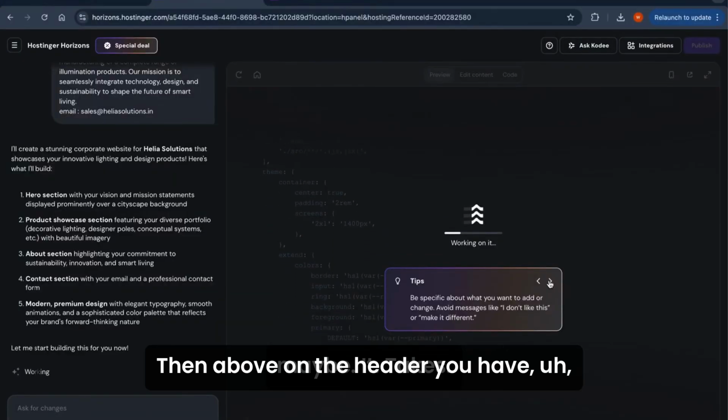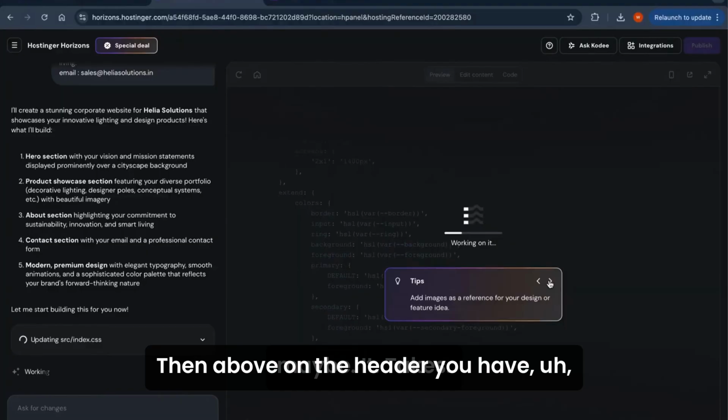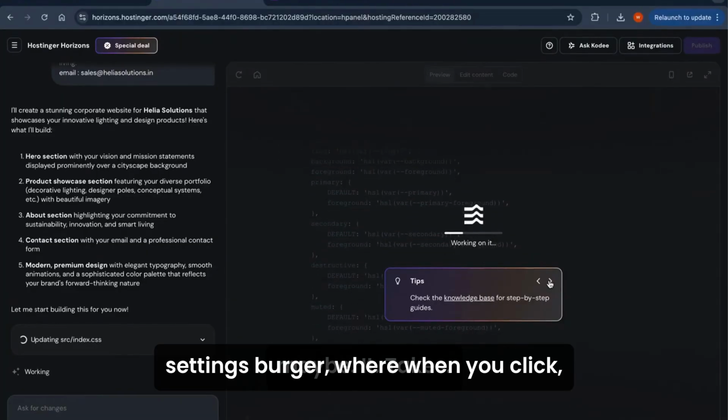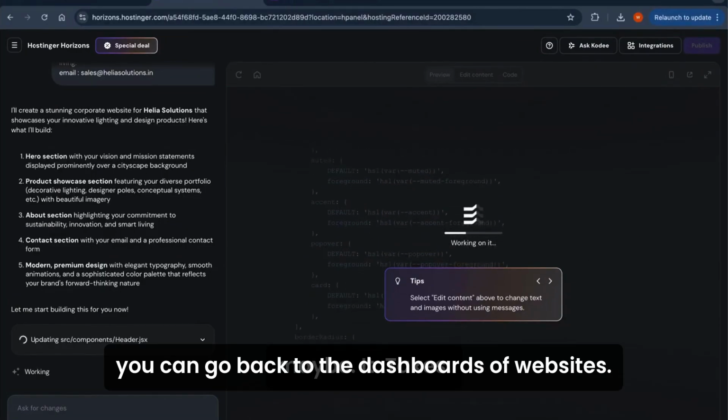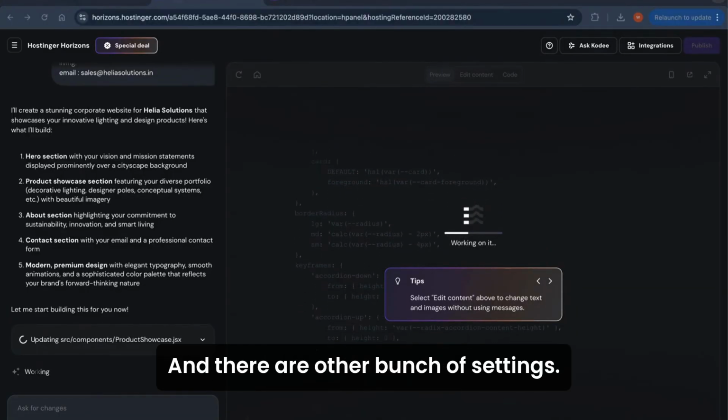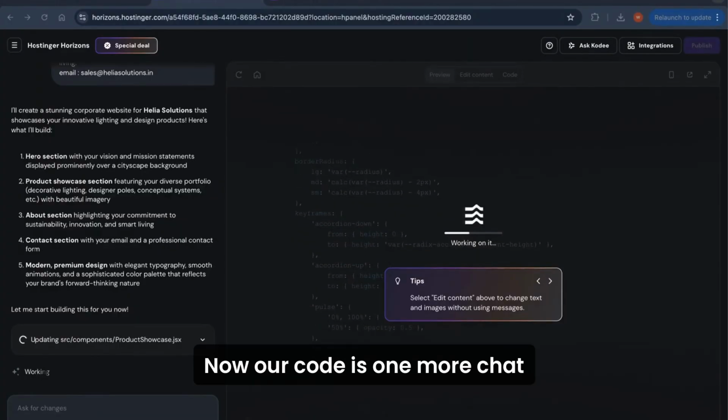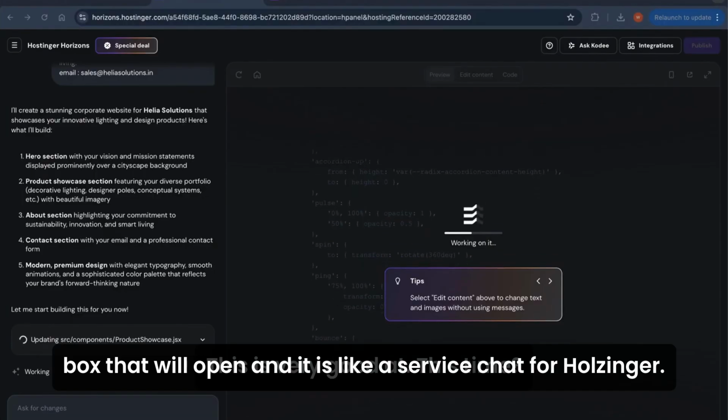Then above on the header, you have a settings burger where, when you click, you can go back to the dashboards of websites, and there are a bunch of other settings. Now Ask Cody is one more chat box that will open, and it is like a service chat for